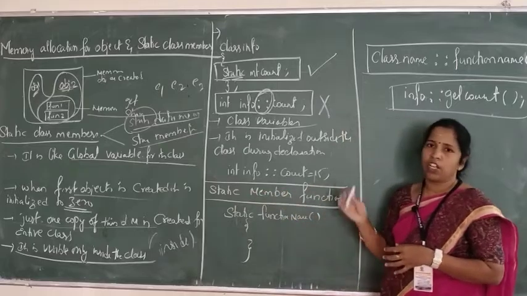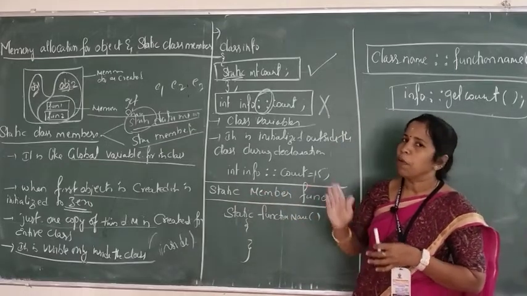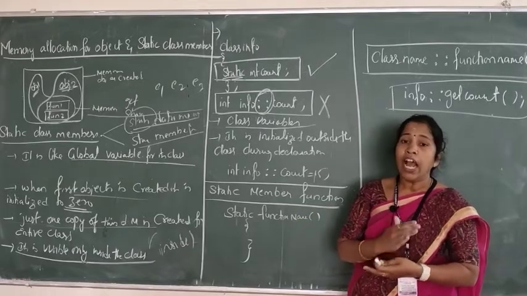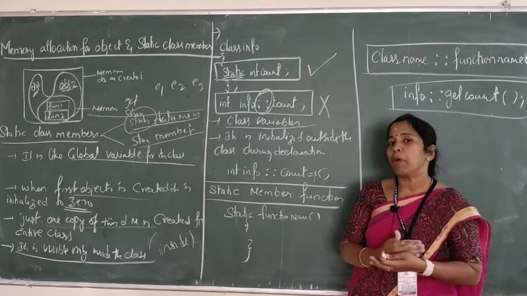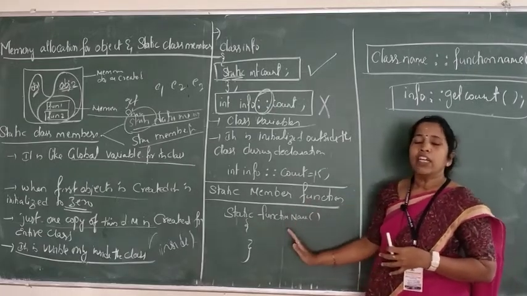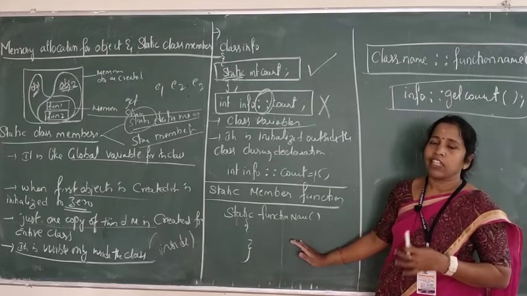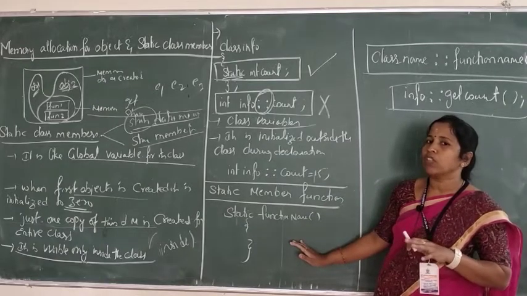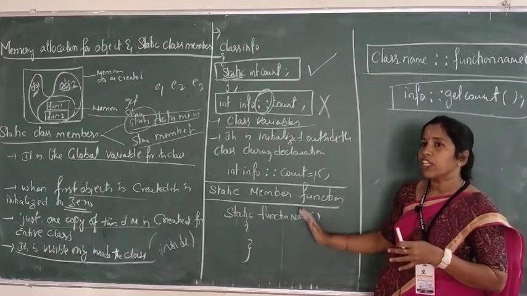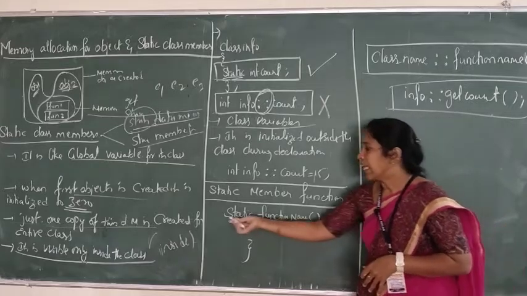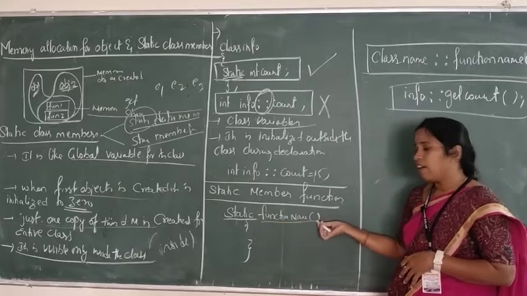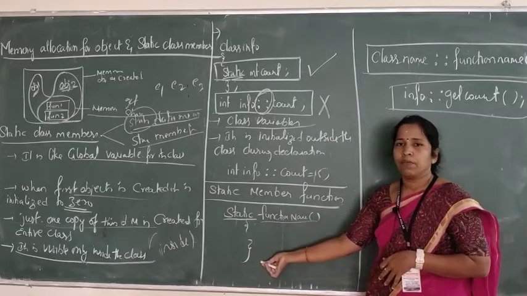Now the second one is static member functions. I told you about normal member functions and static member functions. The difference is that you are going to make use of the static keyword, and here we are using the static member function inside the class. So remember this point. Now again, how are we going to declare the static member function? Again, you have two things: inside the class and outside the class. When you are defining a static member function inside the class, I told you the static keyword must be used. So static followed by the function name, opening and closing braces, a member function.